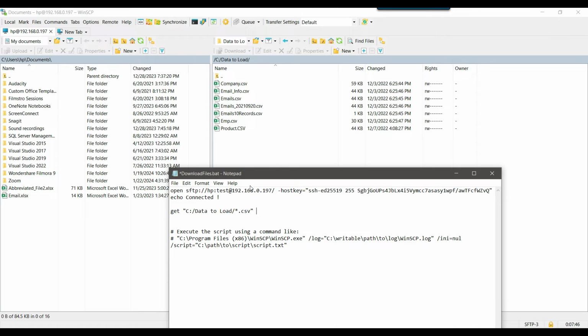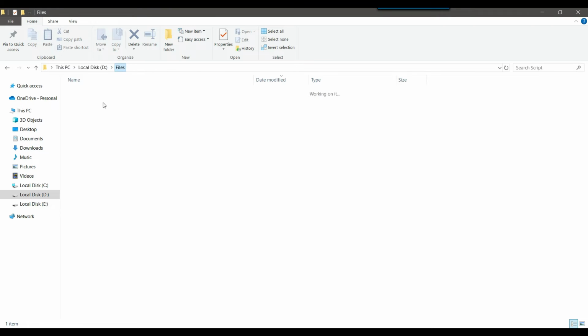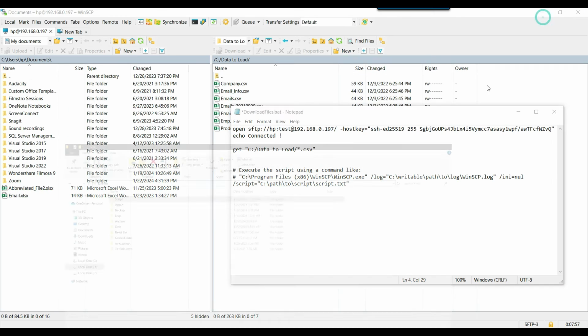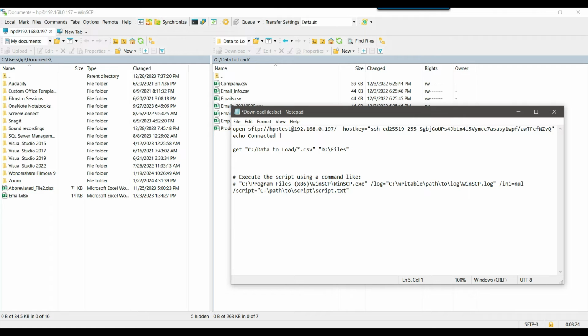So I want to download the files to my D files location, okay. So I can copy this location D files, and then inside the double quote I can paste this particular location, okay. So this is fine. Our code is done, and I can simply write echo download completed,